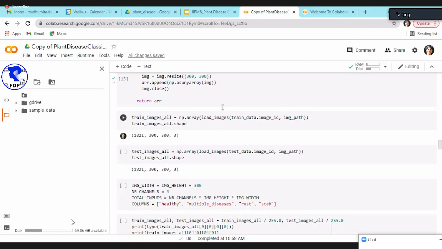Okay, so next we load the test images. We will use maybe one or two test images in the end to see how our neural network performs. As I said, I'm not going to run these. This will take a lot of time. I think both of them took close to 20 to 30 minutes to load all these images. So I'm just going to skip, but you have all the results and output here.